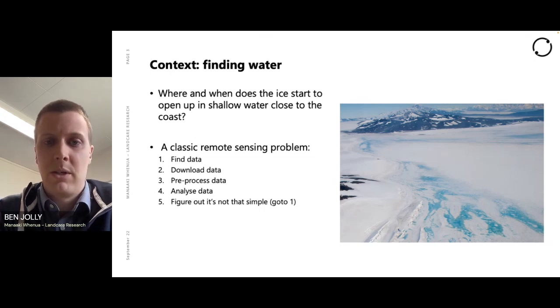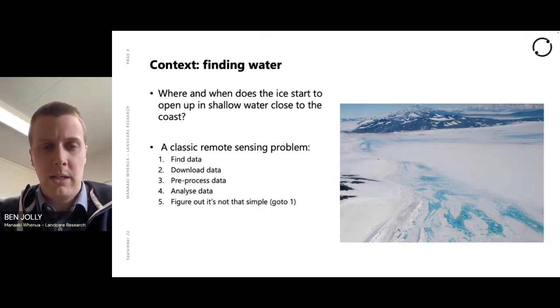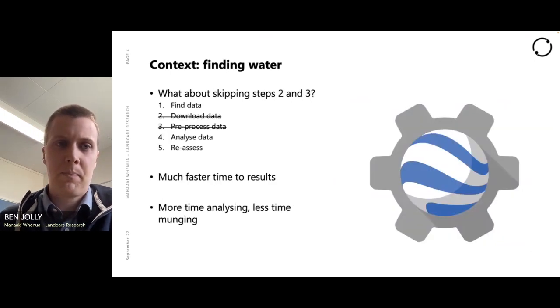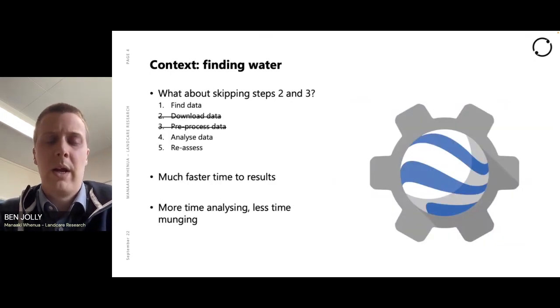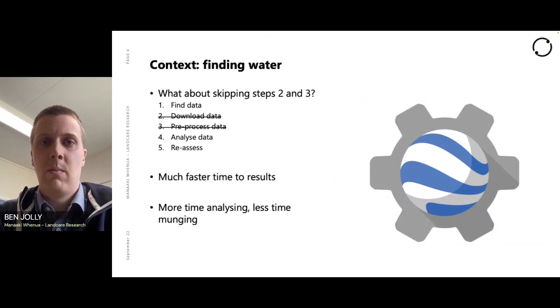This is a classic remote sensing problem where you think, oh, this will be easy. There's lots of satellite data. You find the data, download it, pre-process it, analyze it, and then find out that it's not that simple, go to one. But really, it would be nice if we could just skip steps 2 and 3. So what we want to do is find the data and then analyze it and reassess what we're doing, because it's much faster to get the final results from that, and more time analyzing and doing science and less time